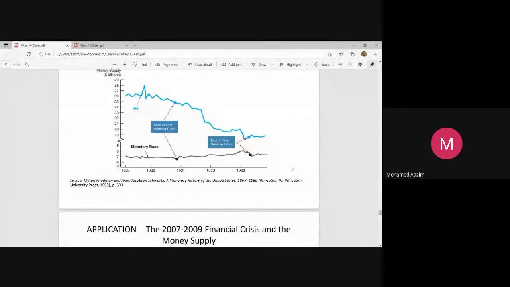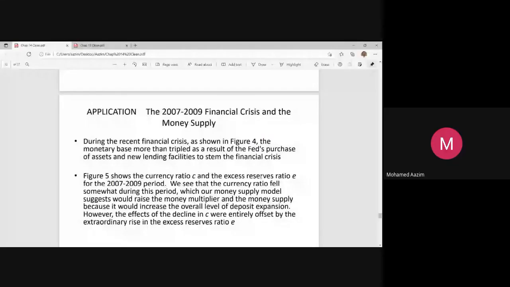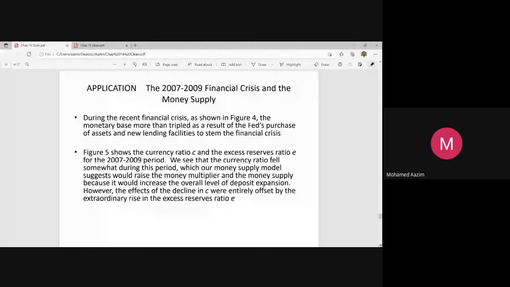Now look at the application for a recent financial crisis. And I believe by next year or the year after, we will also try to discuss the pandemic period behavior, the COVID pandemic period behavior. Still, it's too early for us to bring in all the numbers and show, but we'll be able to. So you are seeing here the financial crisis and the money supply of 2007-2009. The subprime mortgage market driven financial crisis. We were talking about this.